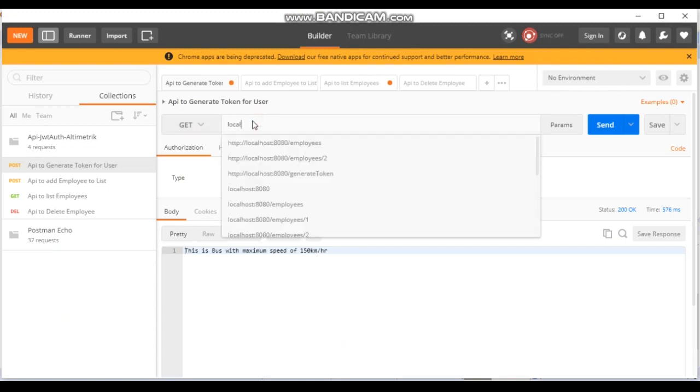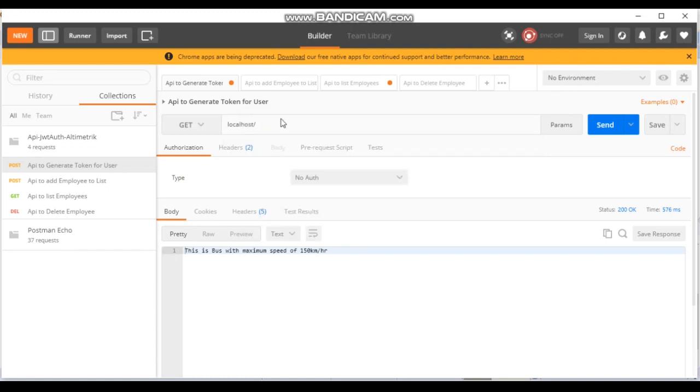So it is localhost 8080, slash BSE, slash vehicle, and then our vehicle type. Let's first hit it for bus type.